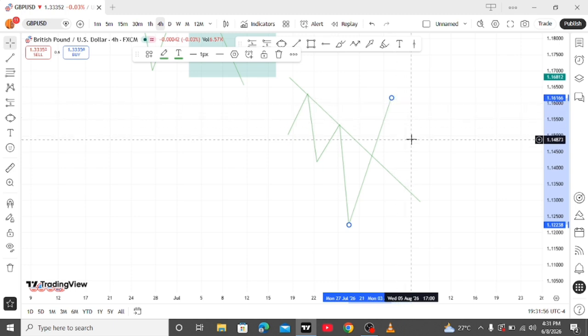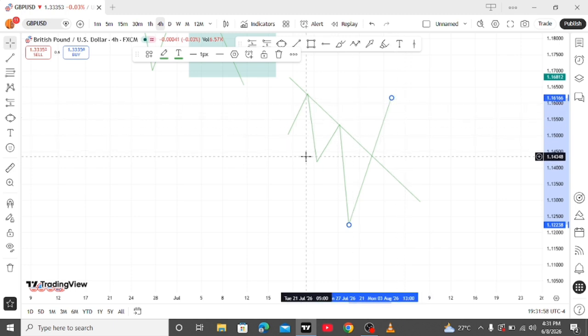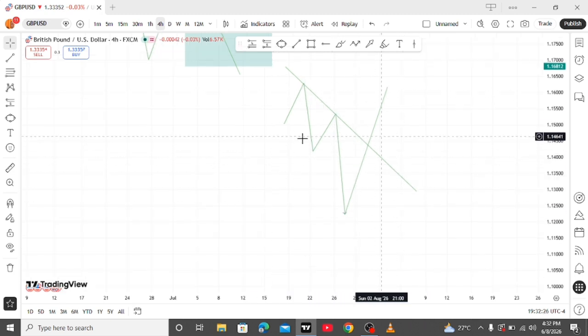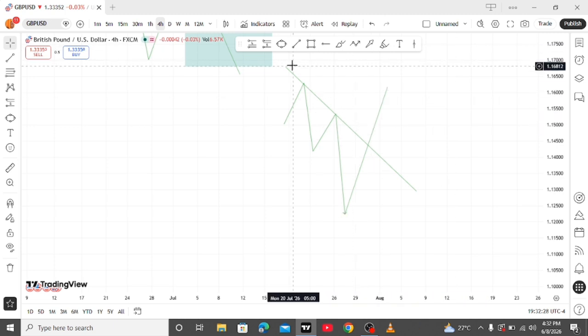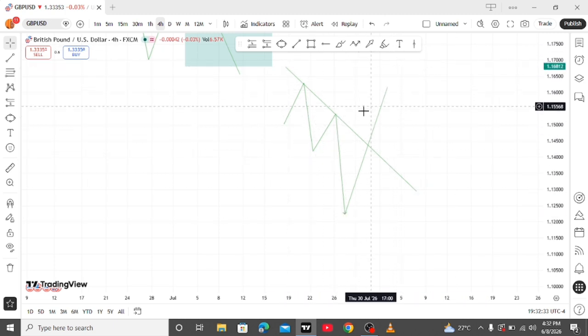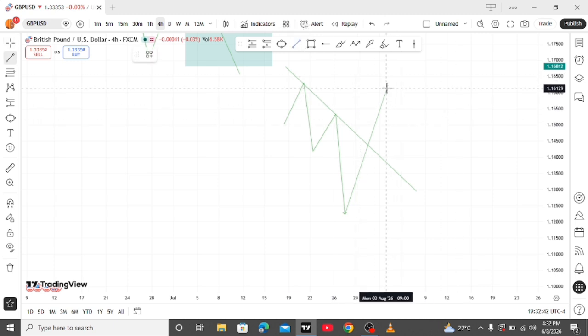And this is where we say, okay, we're no more looking for a sell position, we're looking for buy. Why are we buying? Because the market is about to go up. How do we know the market is about to go up? Because the market broke our trend line. This is a trend line breakout. The market broke our trend to the upside. This means this market is about to shift. So, as a trend line trader, what do we do? We wait for the market to come to our trend line, retest our trend line